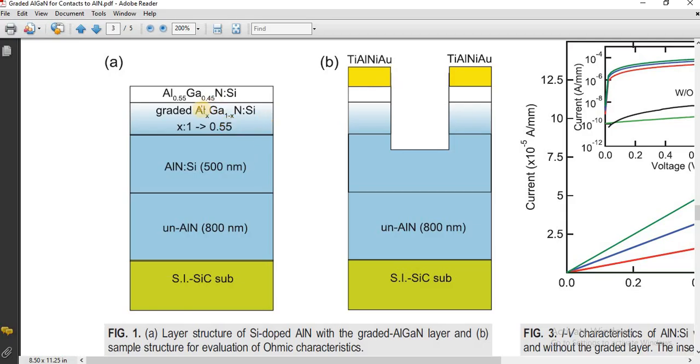So we know for sure that this content of aluminum gallium nitride film definitely gives us good carrier concentration, and then we etch down this structure to the n-type doped aluminum nitride films and deposit metal contacts on top of that, eventually resulting in making good contacts to the silicon doped aluminum nitride films. So this is another crucial application of